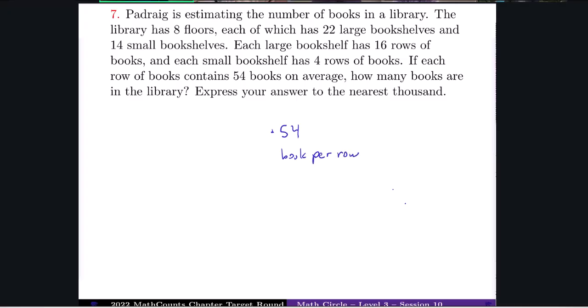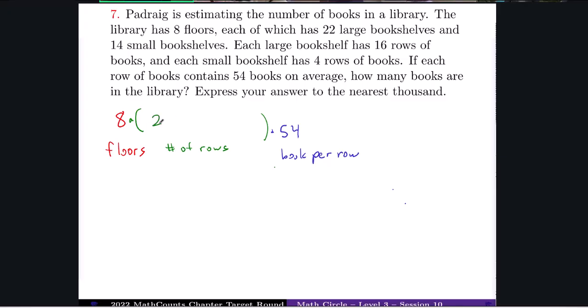We know we have 8 floors. And then what we might want to do is try to figure out, well, how many rows do we have? So when we think about the number of rows, we have a different number of rows on the big shelves and on the small shelves, right? So on each of these 8 floors, we have 22